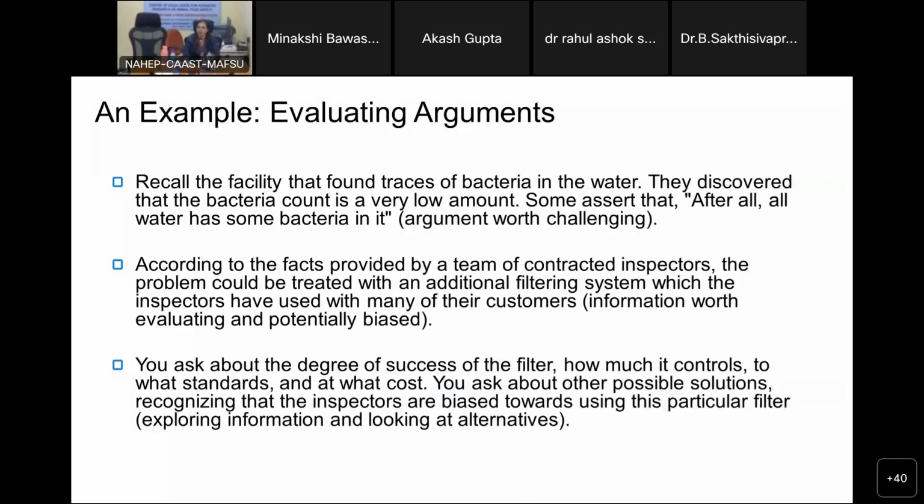Whether the filter was good or not, whether the filter was a success. So many things then come out. A lot of information then comes to you. So unless you evaluate, unless you understand whether your argument is holding any base, whether it is relevant or not, then if it is yes, of course you're going in the right direction.